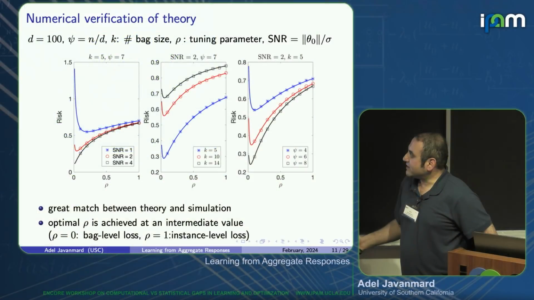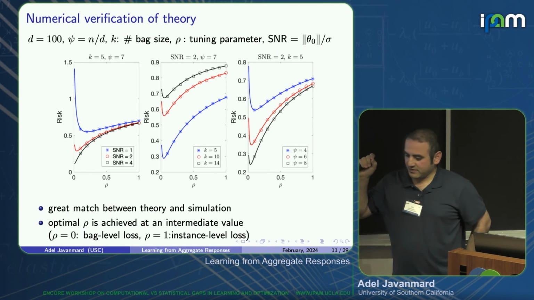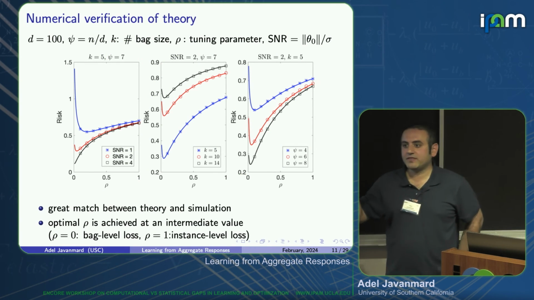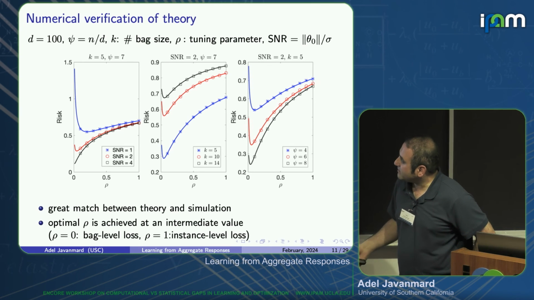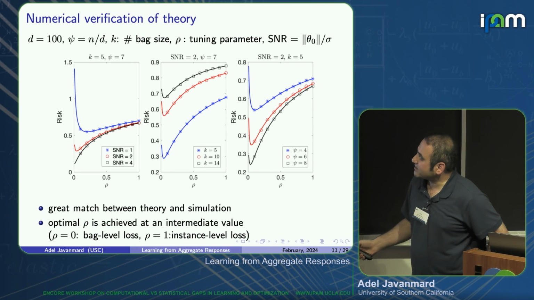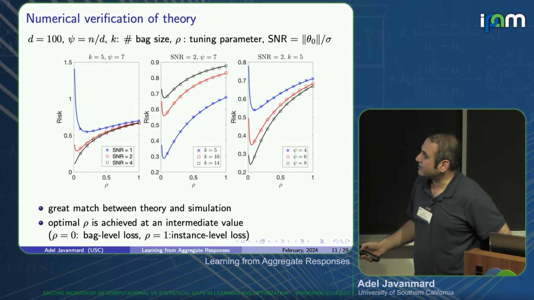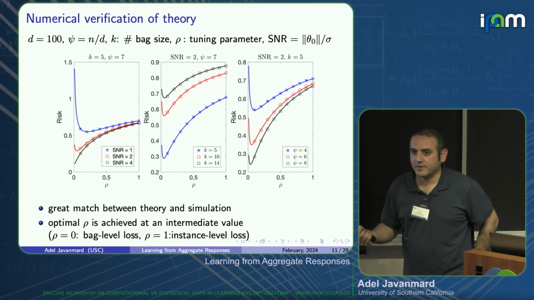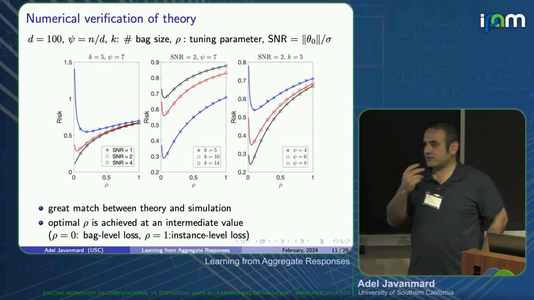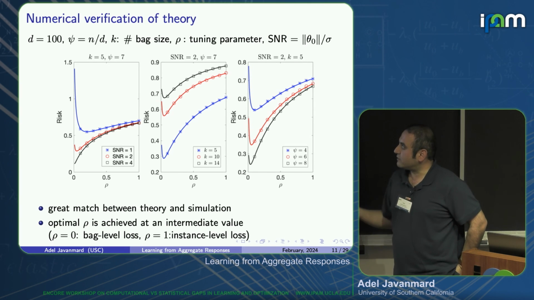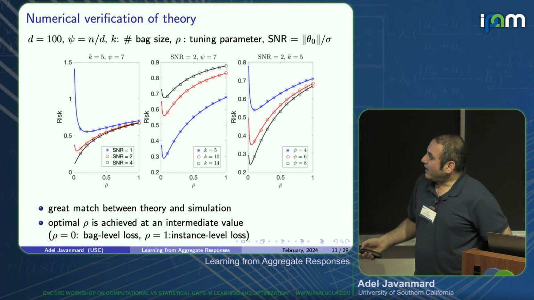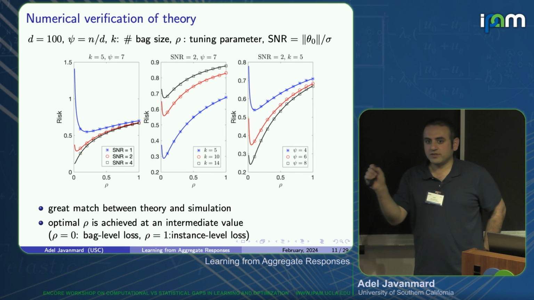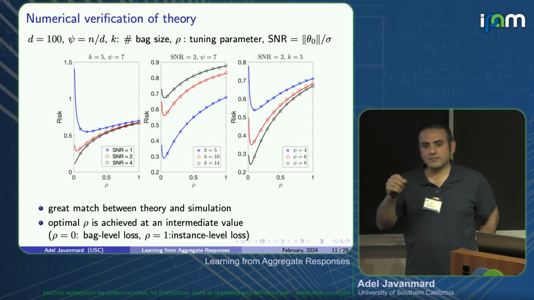So these are some synthetic experiments. The first thing is that the experiments are in very great match with the theory. So D here, I think, is 100. But you see that these solid curves, these are the theory, and then the dots are like what you get from the actual experiment. So D is only 100, but you already have a good match for the asymptotic theory. And then the x-axis is rho. So you see that there is some optimal rho, for instance, here or here, that minimize the model risk. So the optimal rho is not at the boundary 0 or 1.